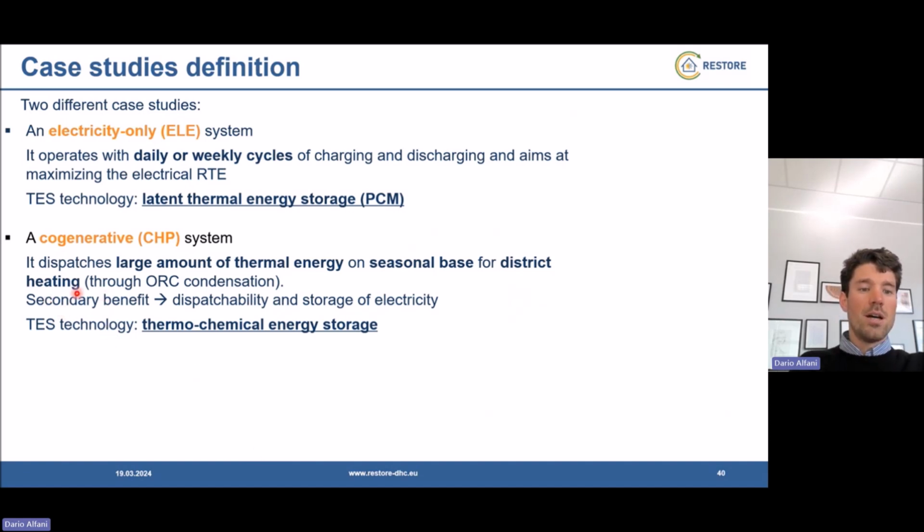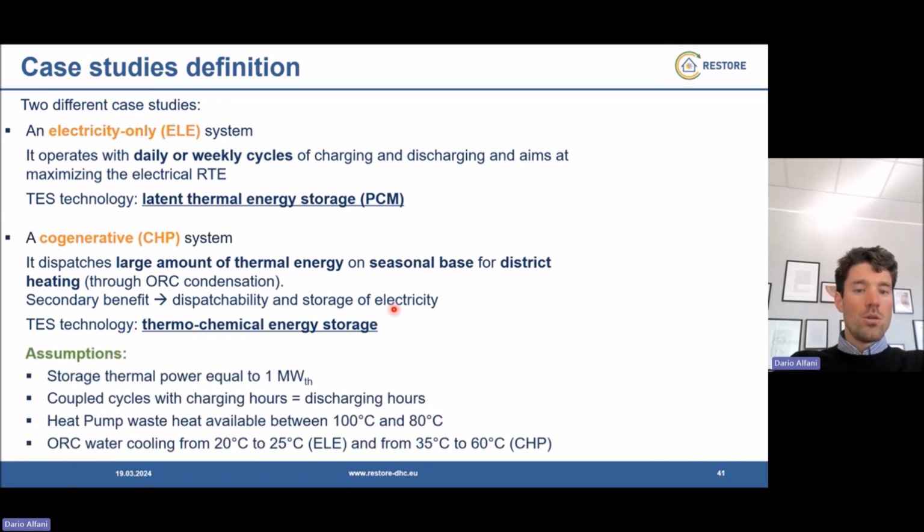Obviously, even in this case, as this secondary district heating dispatching can be achieved even just with the thermal energy storage without the ORC, we're going to focus on the dispatchability of electricity as a byproduct, but still being the main focus of the work. In this case, the technology is the one that we are interested in the Restore project, so a thermochemical energy storage, even if we did not rely on the latest result produced by Wien, as this work was done actually last year. So a couple of assumptions we are considering here: quite large stored thermal power, around 1 megawatt, and